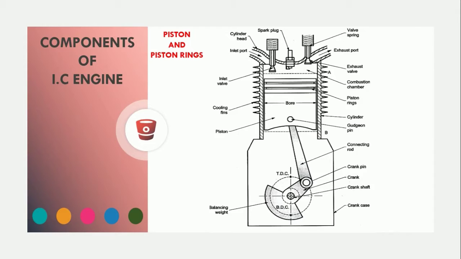Again, on the periphery of this piston there are two different types of piston rings. One is the compression ring. The uppermost is called the compression ring, and the lower one is the oiling ring. They are provided to prevent leakage of flue gases towards the crankcase. Just for the sealing purpose, we have piston rings on the outer periphery of your piston block. So this is another major element of IC engine, that is the piston and piston rings. Move to the next.